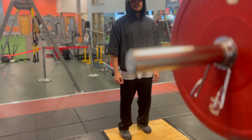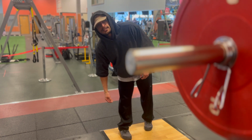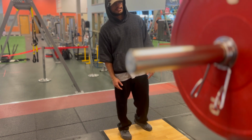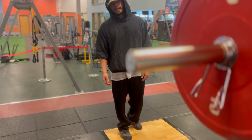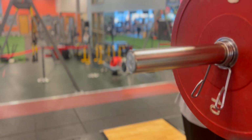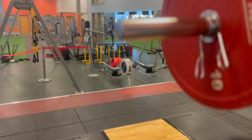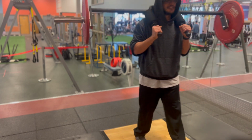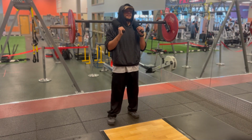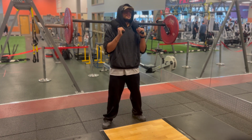So this next exercise is a little advanced, I would say, but some of the other stuff is pretty advanced too, but it is what it is. I've never done this before, but just experimenting. So with the safety squat bar, stepping back and going into a regular squat,